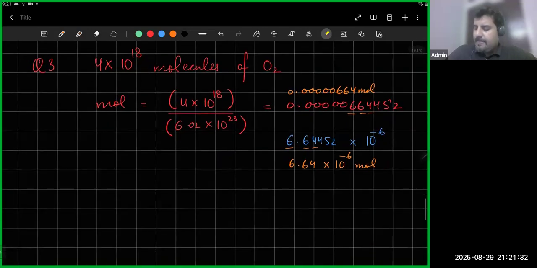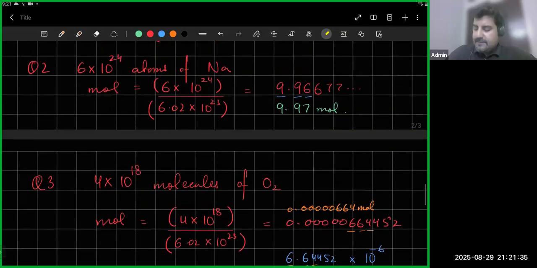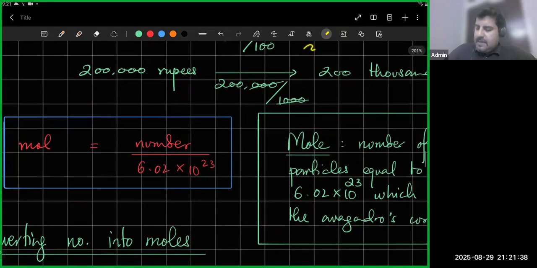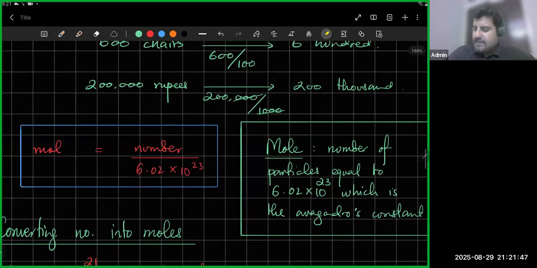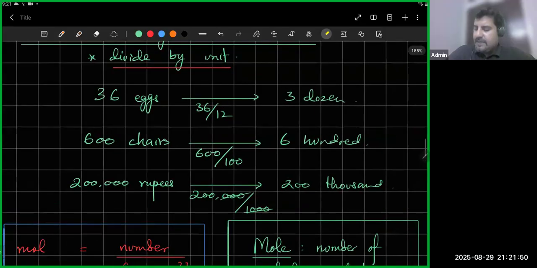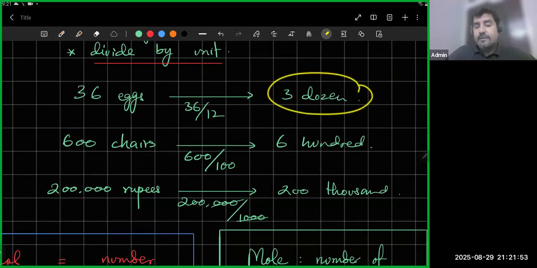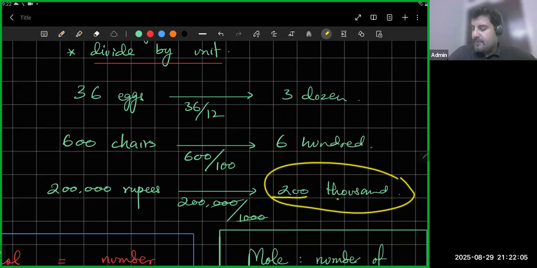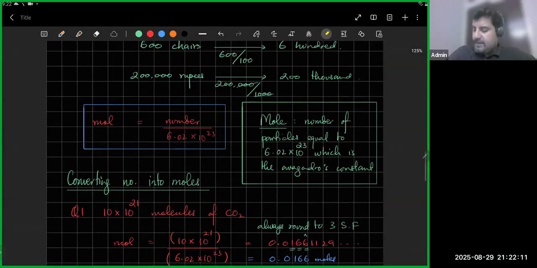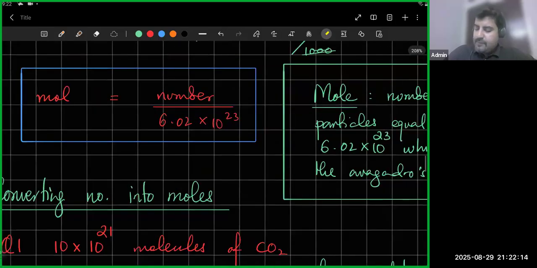So, anyways, that's one way you found moles. I said the reverse of this. If you want to find the number, what do you do? You take moles and multiply it by the Avogadro's constant. Like the dozen example, if you want to go back: if you're given 3 dozens, now you want to find the actual number, what do you do? You multiply it by 12. 600, you want to find the actual number, you multiply 6 by 100, right? 200,000, you want to go back to the actual number, 200 multiplied by 1000, right? So if you want to go back, you do the reverse, which is, if you want to find the number,